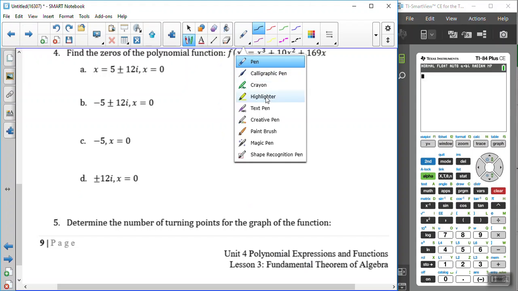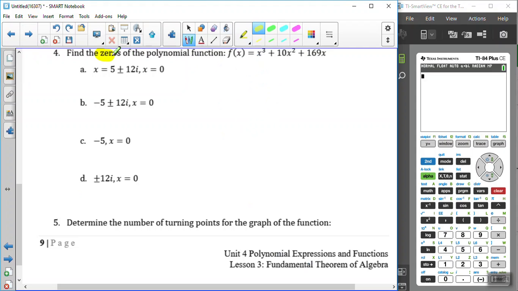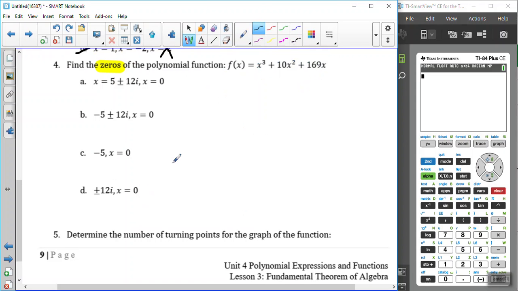So it's asking me to find the zeros, and since we have some answer choices here, we're just gonna plug it in and see if my function gives me a zero. My first zero here is x equals 5 plus 12i. So I'm gonna watch how I do this. I'm gonna do